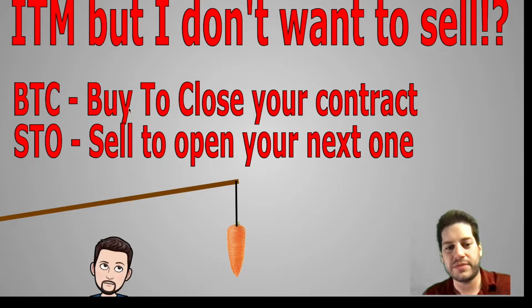In this scenario, when you buy to close a contract, you will most likely be paying more than you receive in the premium. If Microsoft shot up to 285, it might cost me $500 to close the contract, but then I can go out a month further, and I could probably sell the next one at the same strike for $550. So I pay $500 to get $550 and wait another month to see if the price drops below my strike price. And you can just continue doing this so you never actually have to give up your shares and